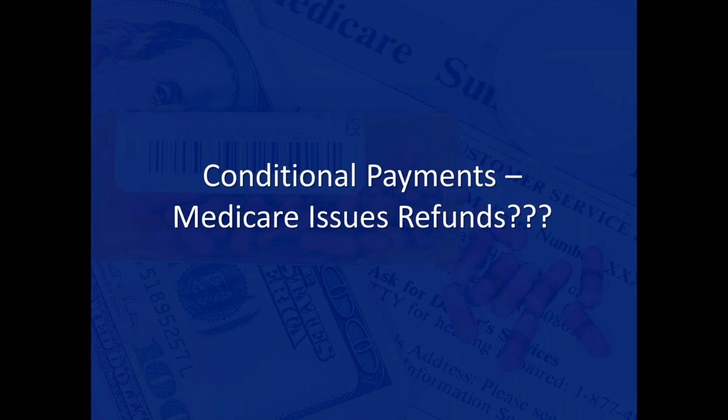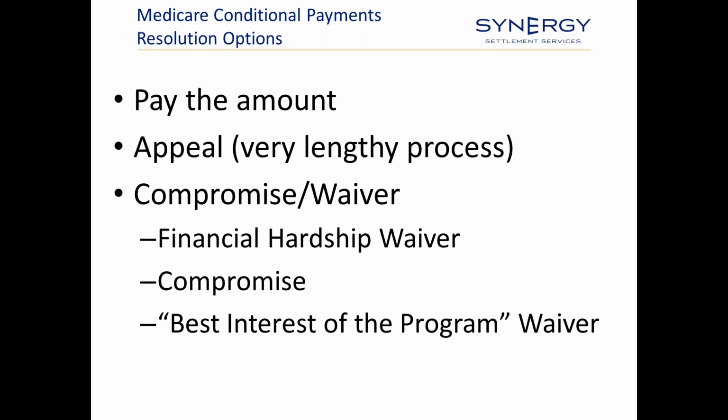So when there is a traditional Medicare component to the case and Medicare has made conditional payments, there's a couple of different options to resolve that obligation. One is simply pay the amount that Medicare says is due via the final demand. It's very important to make sure that you pay from a final demand and not a conditional payment letter. The CPLs, as they're known, are not something that can be relied upon.